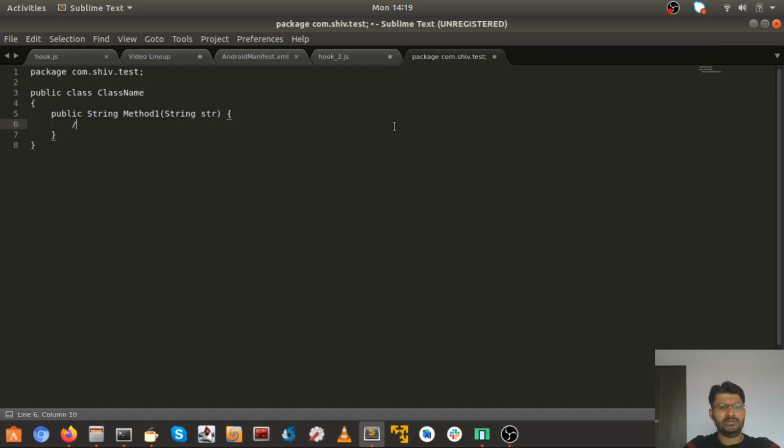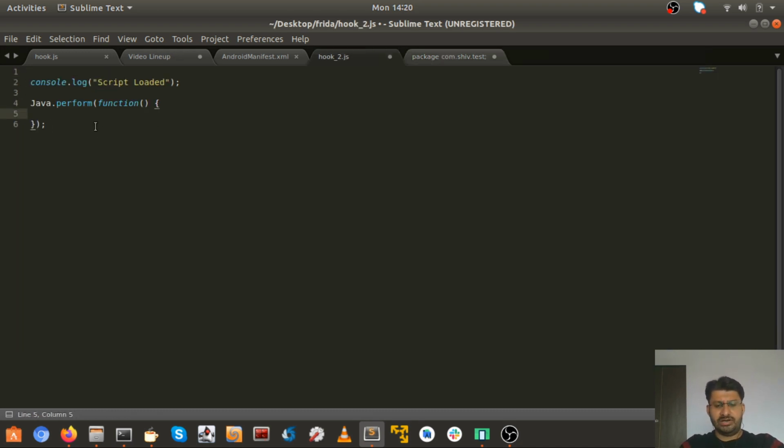And in here there might be some implementation being done, say a is equal to b plus c, and a string that is some kind of concatenation of a, say a dot toString. Just don't go with the syntax, it might be wrong. And here it returns the string. So this is a very raw implementation of a package or a class in Java.